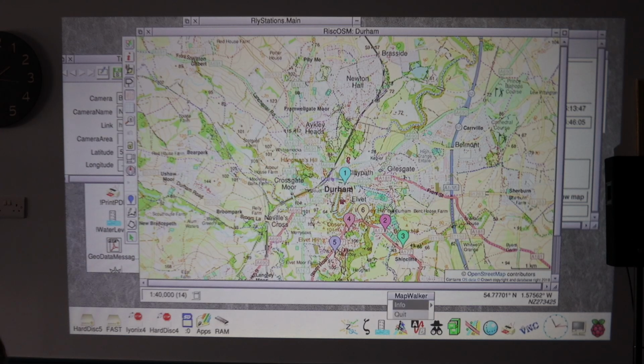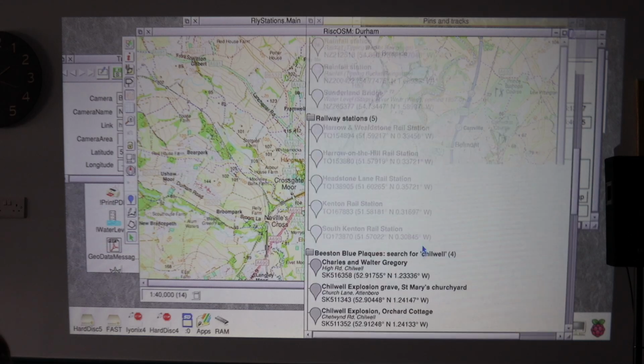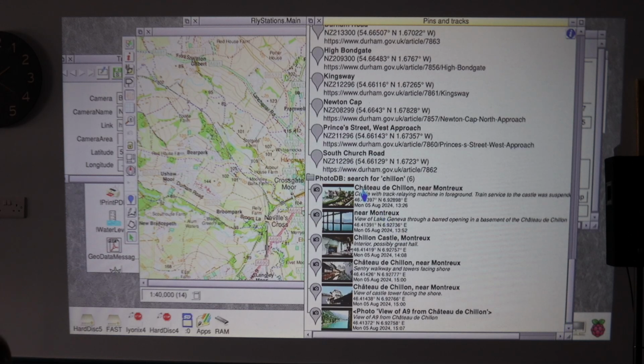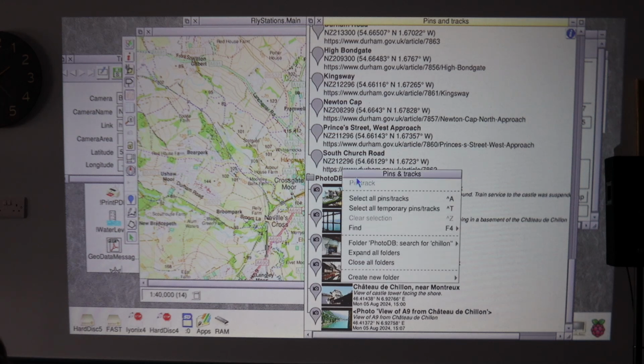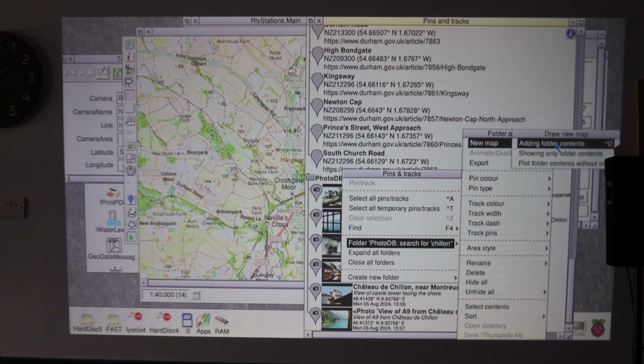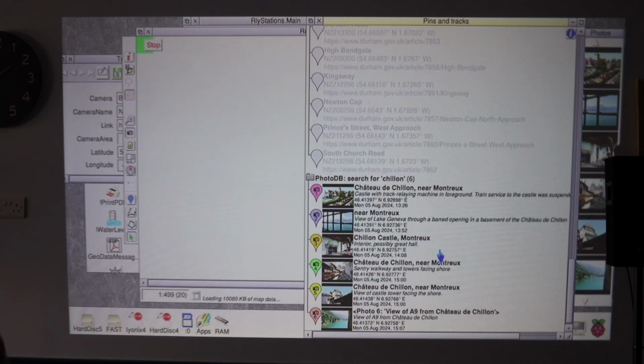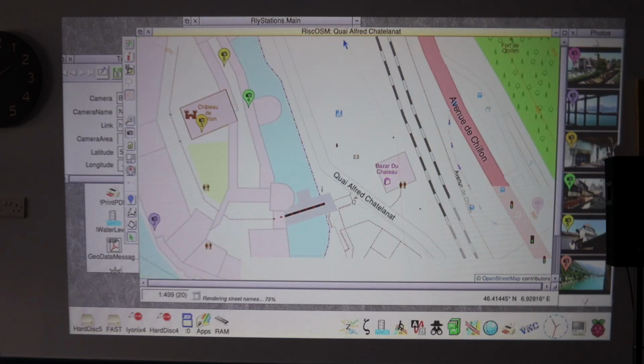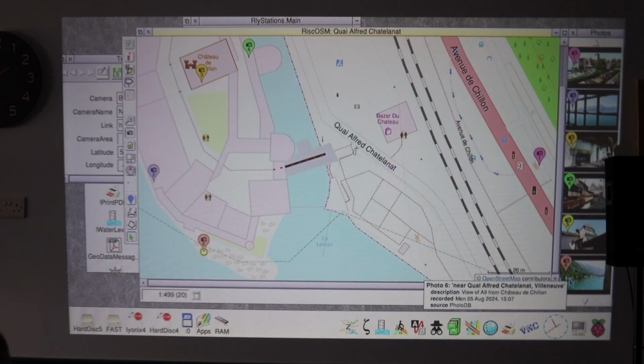Again, we'll go to the Hints and Tracks window and ask it to draw the map. We have noticed when doing this demo that actually it would be nice when it finds them if you could just get the map shown straight away, so that's something we'll be thinking about. So here are the pictures appearing from this rather fine castle of the Counts of Savoy on Lake Geneva,